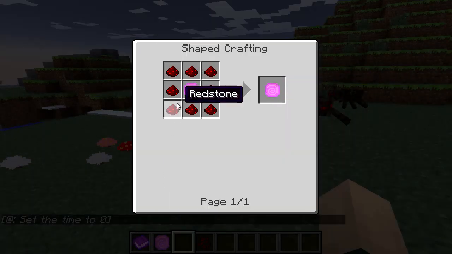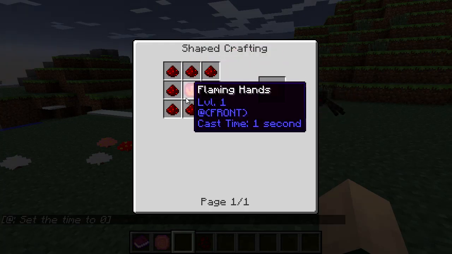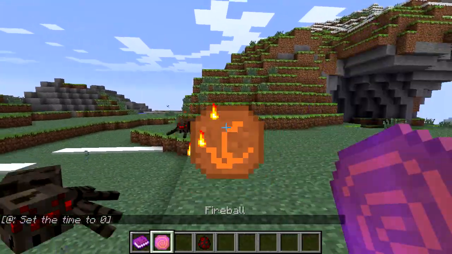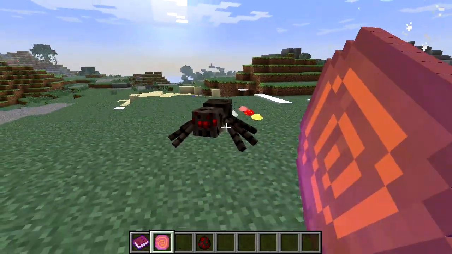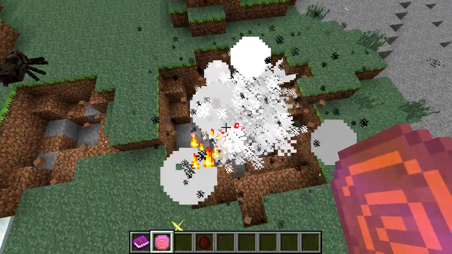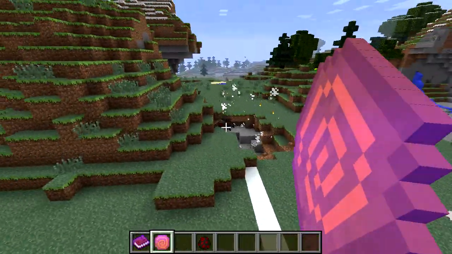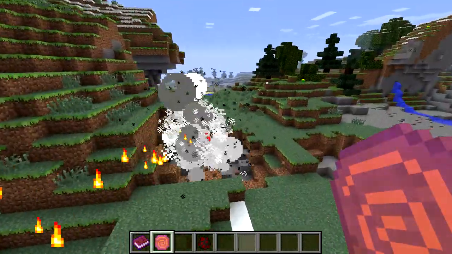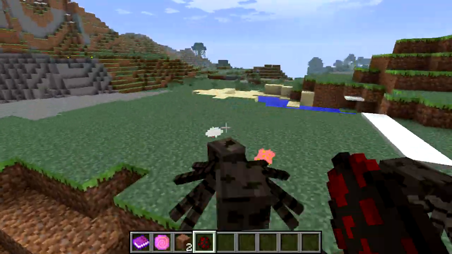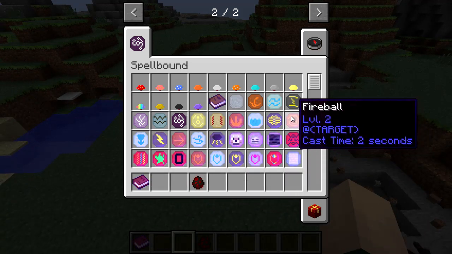So the fireball here is crafted by taking 8 redstone and your flaming hands, which was a level 1. And you can see like this, it's now going to throw a fireball and do a little explosion. And boom, it'll explode it, and direct hits will kill the mob, like so. Same thing here. That's not a direct hit, so it won't kill it. There we go, direct hit, and it killed it. And let's grab and spawn some more mobs, and let's move on to the next one, which is, let's see,